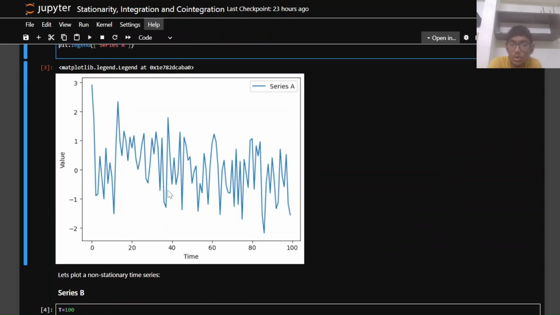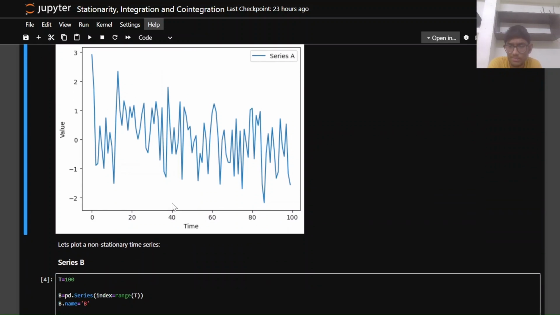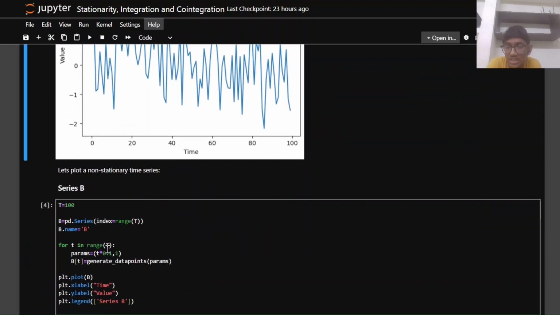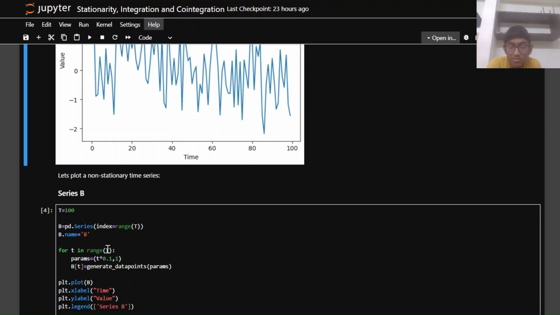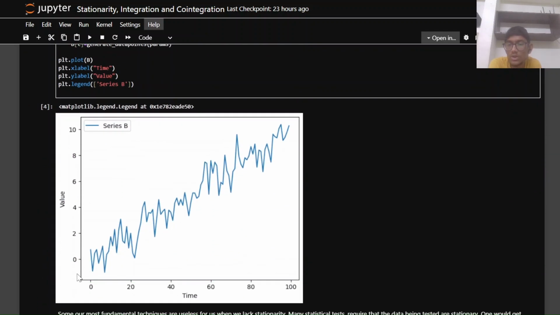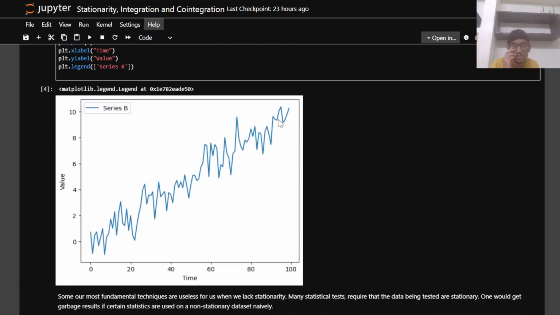Now let's look at how a non-stationary time series would look. Essentially what I've done now is I have created this example where the mean of the distribution from which we are randomly sampling our points increases with respect to time. I have set my mean to be 0.1 times t, which is linearly increasing with time, and my variance to be constant, same as before, which is 1. I have plotted what our time series would look like, and as you can clearly see, the mean keeps on increasing, which is by definition, because we have defined our mean to linearly increase with time.